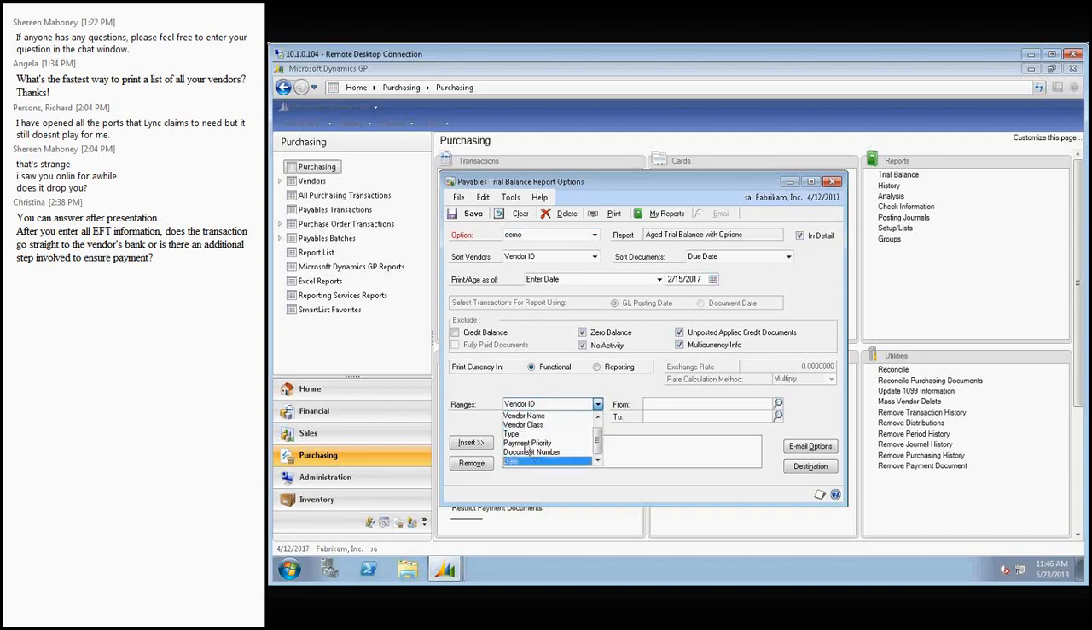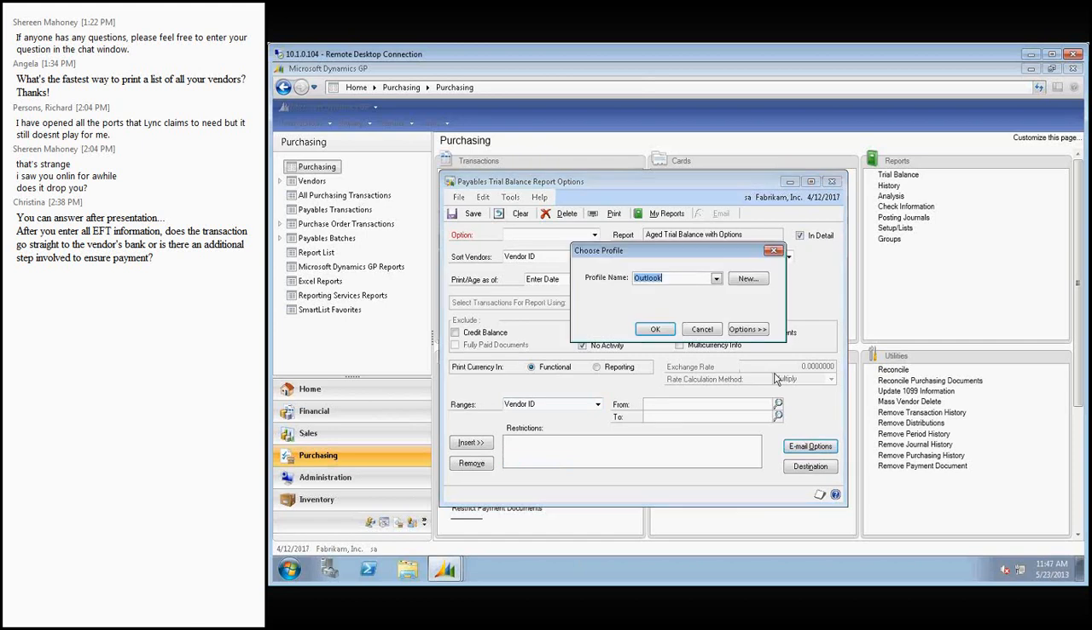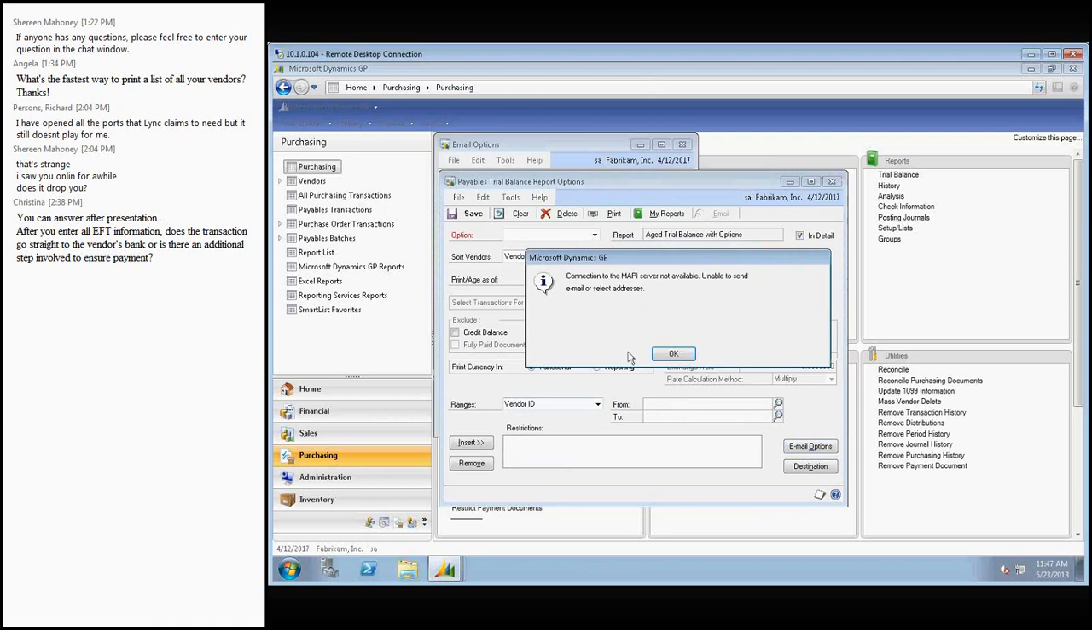If you've got those selected, I can also do transaction dates only through a certain date, but still aged as of a certain date. So if you've got email set up in your system, then you can email the reports. I know my email is not set up in this environment, but if I wanted to email this report, it's going to choose from my Outlook, and then I can just send the aging report